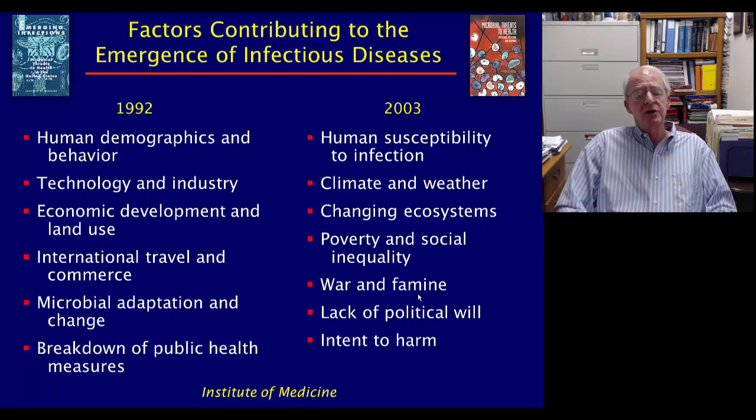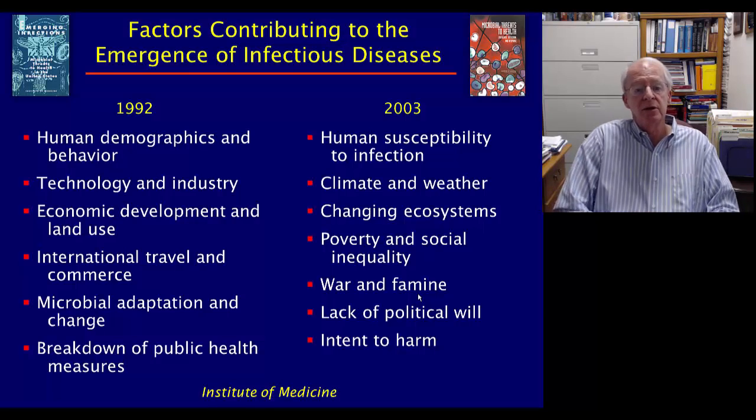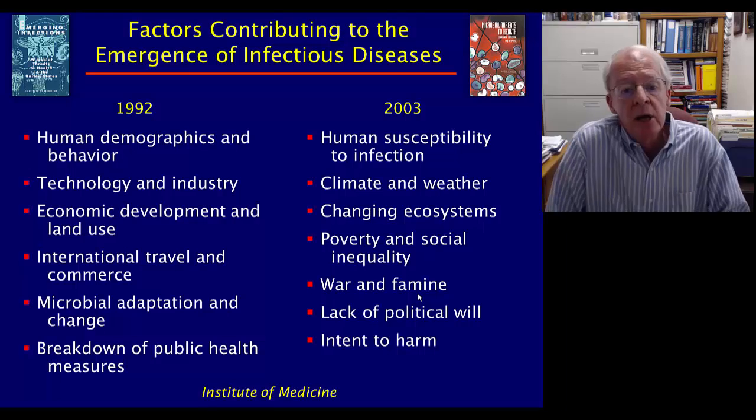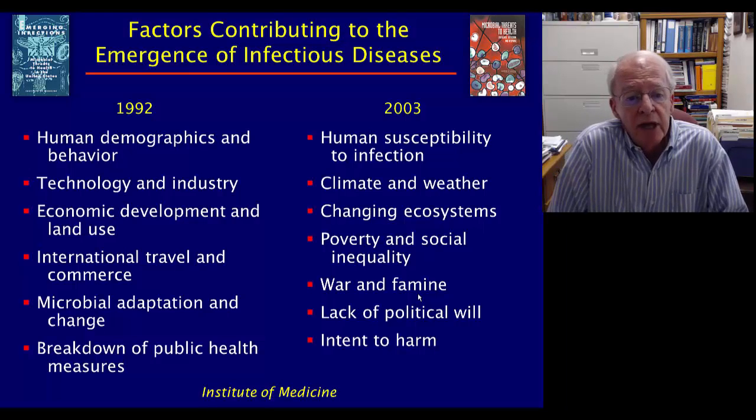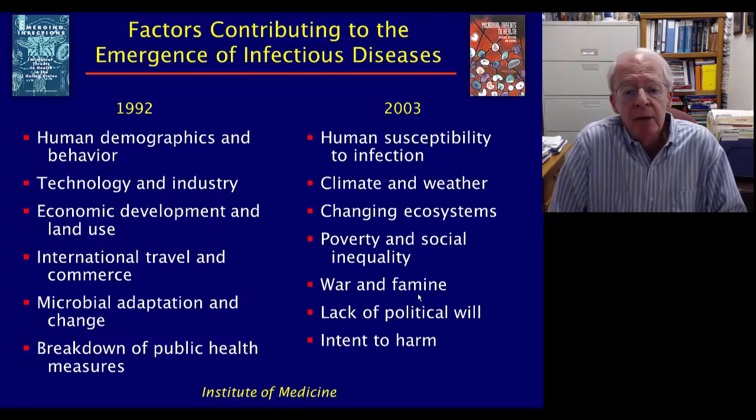The Institute of Medicine Committee in the early 1990s, the cover of the report is shown on the left, identified 6 major factors that the committee felt were important in contributing to disease emergence and reemergence. Changes in human demographics and behavior, advances in technology and industry, economic development and changes in land use patterns,